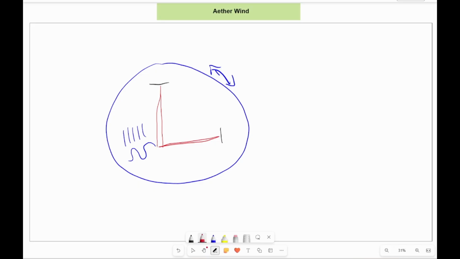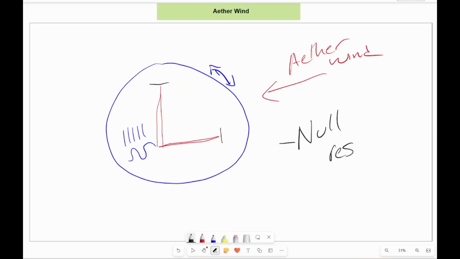And the thought was, if there was an Aether wind, you would see this fringe pattern change based off of the angle of this apparatus relative to the Aether wind. And again, this was a null result, which implies that we have some sort of